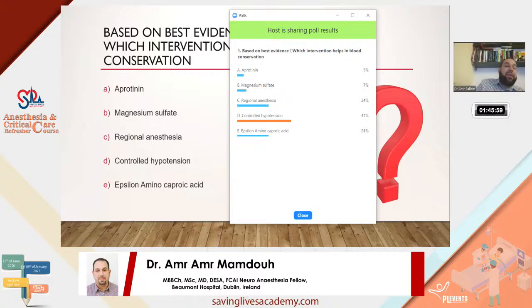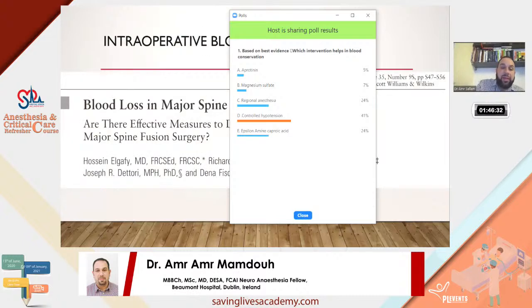So when I started reading about this point specifically, the magnesium sulfate is the right answer. We cannot prove the controlled hypotension; I have seen that answer chosen most, but we are not using controlled hypotension. It doesn't have any proven evidence of benefit to the patient, and again we are trying to avoid high blood pressure levels. Epsilon aminocaproic acid still has controversial studies, but magnesium sulfate in fairness has shown the benefit, and that was answered in this